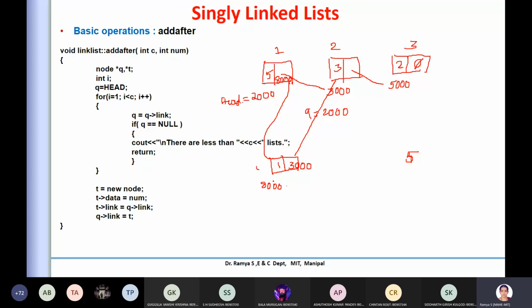That's all. But in the case of an array, as we have done earlier, because it is a continuous location, you have to shift all of them by one position and insert the new element. That is what you need to take care of in array insertion.